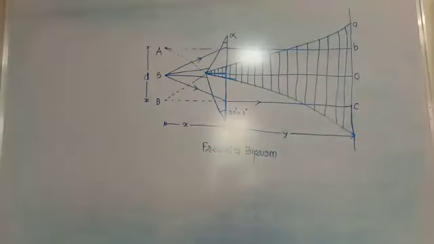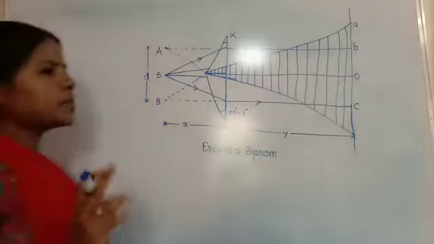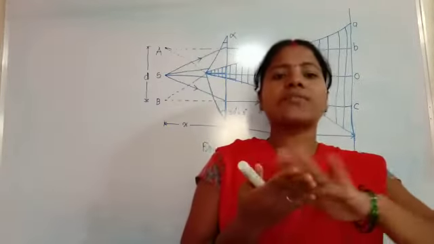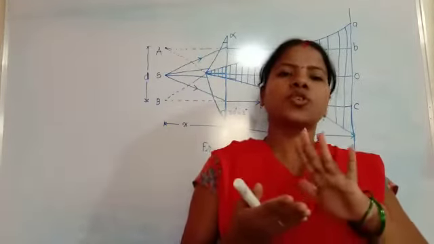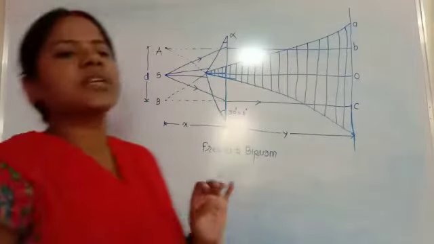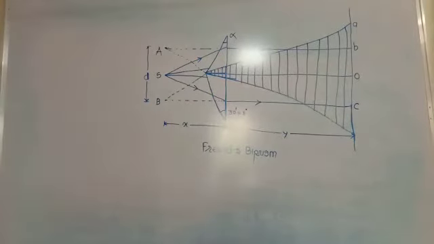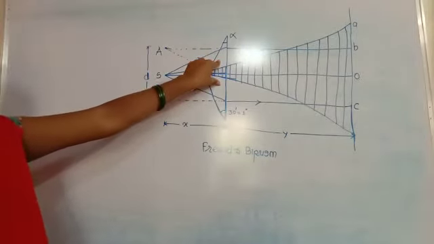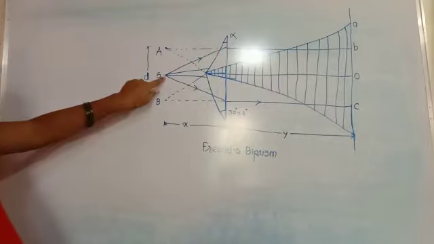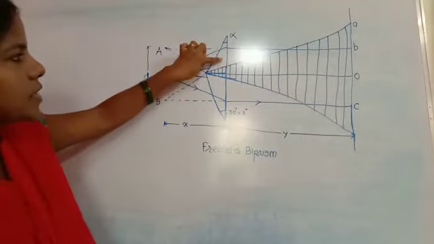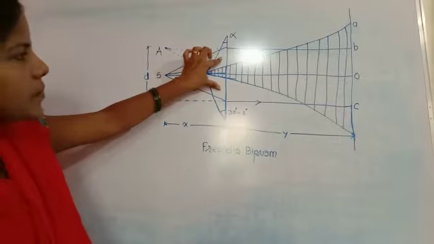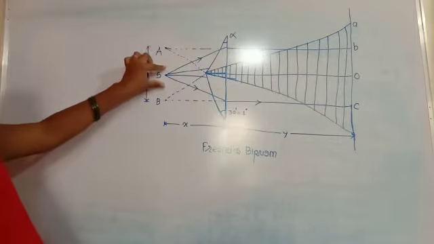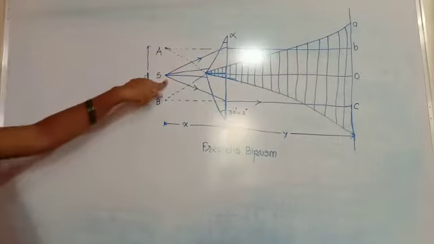So the prism is placed with its refracting edges parallel to the line joining the source. We know that the prism has refracting edges. There is a rough surface produced on both sides of the prism, and this rough surface is known as the refracting surface. So the prism is placed with its refracting surface parallel to the source. This source is parallel to this refracting surface of the prism.